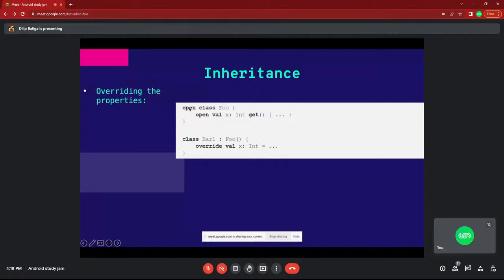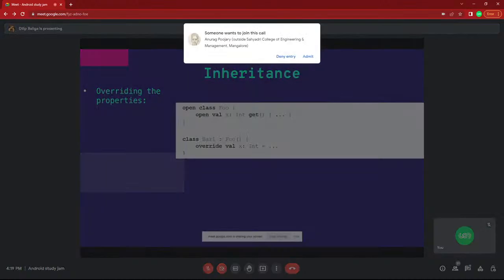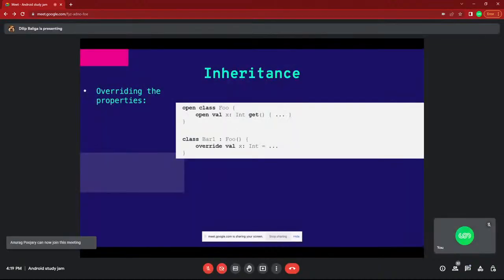For example, you have created an open class here, and you have open val x. I already mentioned that whatever you override, whether it is a method or a property, you must specify the open keyword. In the earlier example also, while overriding the method, we gave the open keyword. Here also I am extending that variable, so I am giving the open keyword.